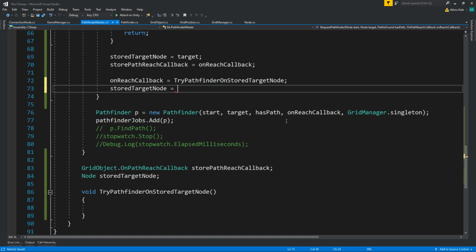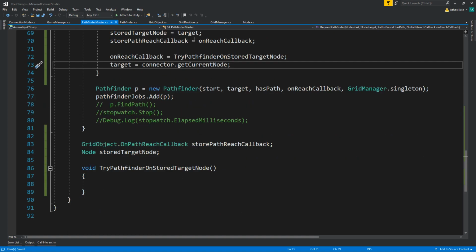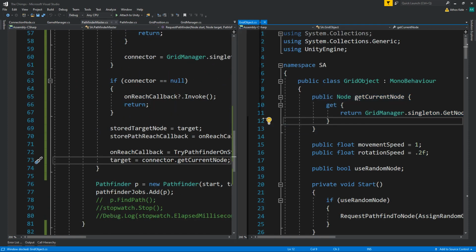And I think technically we're going to have to store who is the one that is requesting this either way. So let's say store target node will be, oh, we already do that. Our target node now will be the connector dot get current node. Okay, but we do need to store this. We do need to have access to the grid object. So let's split this in half, and we're going to say